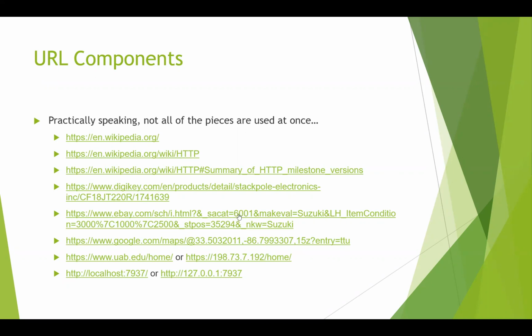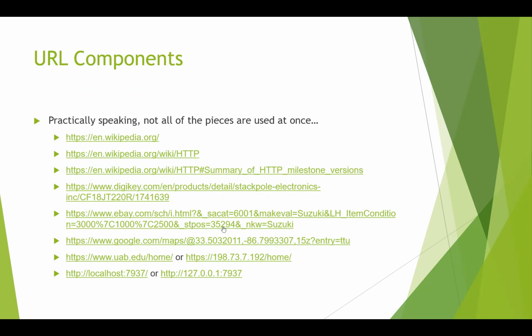This is something a little more internal to them. The 6001 tells them the type of product that you're searching for. The make value, I think you can guess, is the brand. And you can see here that the item condition, again, is some sort of internal value that determines whether it's new, used, etc. And you can see here again, each one of those parts of the query string are separated by an ampersand. If you were to click on this link, you would simply get all of the results for a Suzuki vehicle in the neighborhood or in the region of